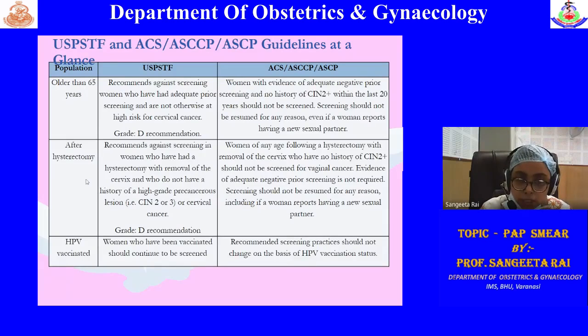If the patient has had a hysterectomy, what to do? Whether to do the pap smear or not? The answer depends on the histopathology of the specimen. If the cervix comes out to be CIN2 or CIN3 or a high grade lesion, then again you have to do the pap smear in these patients, till the age of 75 years. But in a hysterectomy specimen, if there is a grossly normal cervix with no abnormality present, then you can stop the smear or cytology screening.